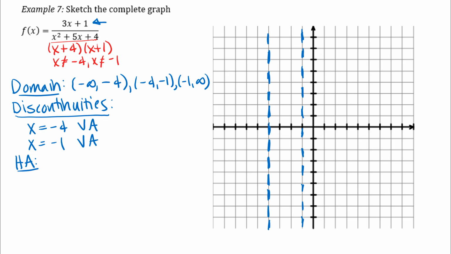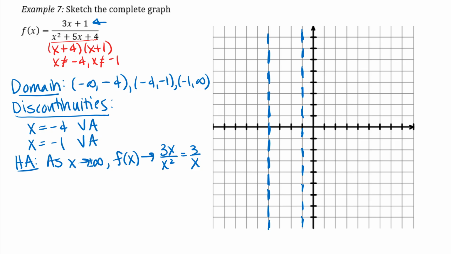So the way we talked about in class, though, is thinking about what happens when x gets large, what happens to the f of x function. So really this is when x approaches either positive or negative infinity, what happens to the f of x function. And so it's going to be dominated by that 3x term on the numerator and the x squared term on the denominator. And when I reduce that, I get 3 over x,